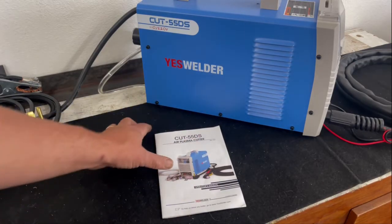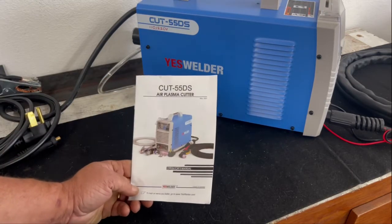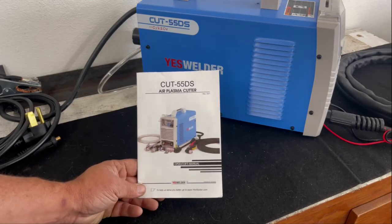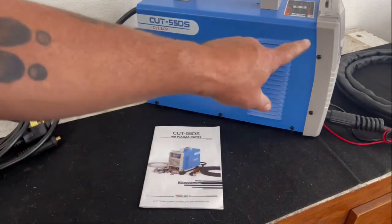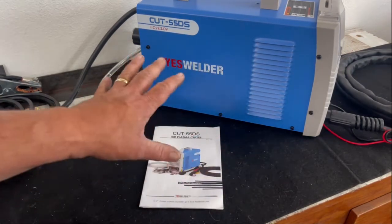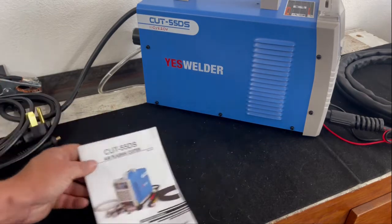Not a great instruction manual, so Yes Welder really needs to up their game as far as the instruction manual is concerned. I have scoured this thing from cover to cover trying to find out some information, and it just simply wasn't in there, and I ended up contacting Yes Welder to provide me the information, one of which was the gauge that I was talking about and what the gauge settings should be and why my front panel gauge isn't reading. And that's when I found out that the only time that it reads on this particular machine that I've got is when you are doing an air check or squeezing the trigger. That being said,